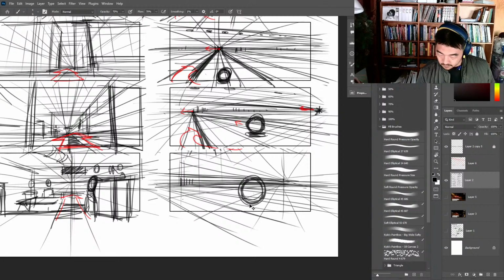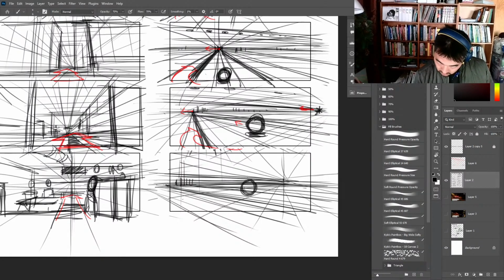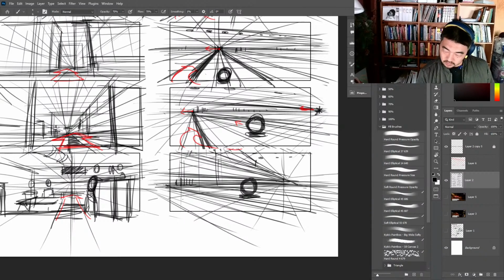But I want to show that we're going in this lane. So why don't we go like this? These are the lights.